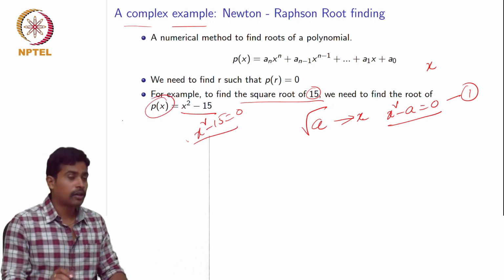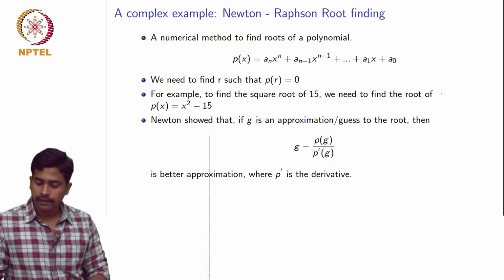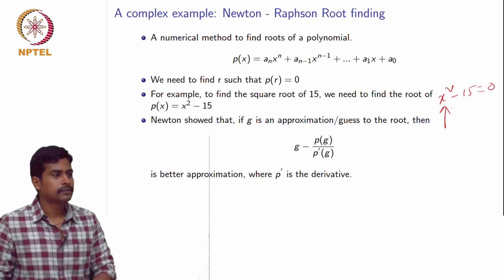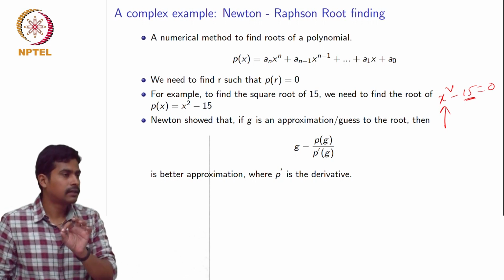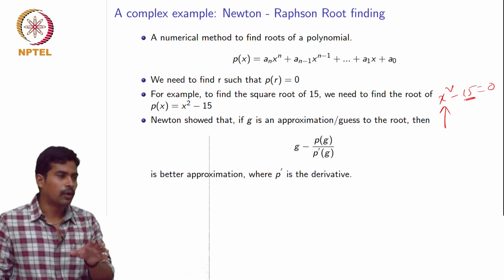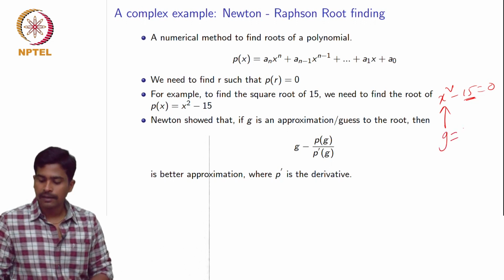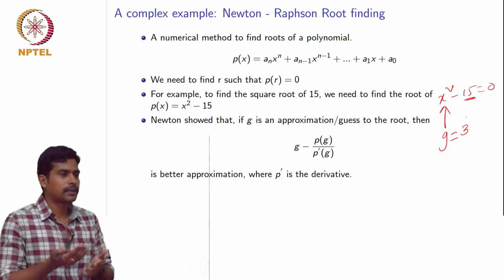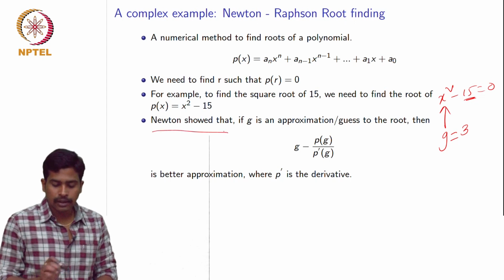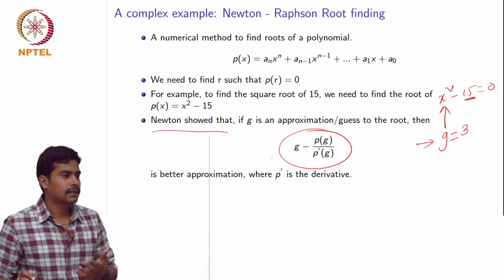So this is our polynomial, and according to Newton-Raphson's method, for this x square minus 15 equals 0, let us say we have a guess for x, okay. Since 15 is closest to 16, the root can be 4, so our root cannot be 4, it will be closer to 4, or we can also guess it is closer to 3. So initially we have to make a guess of what could be the solution for this equation. We can say 3 is the closest approximation to the actual solution, and according to the Newton-Raphson method, if this is your guess, this is going to be a much better guess than what you already guessed.